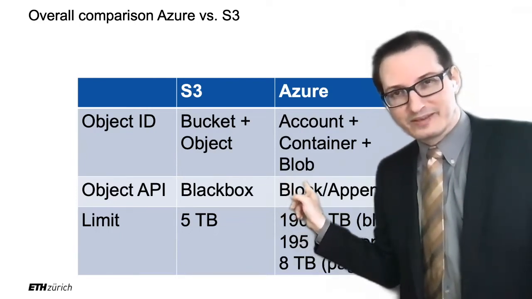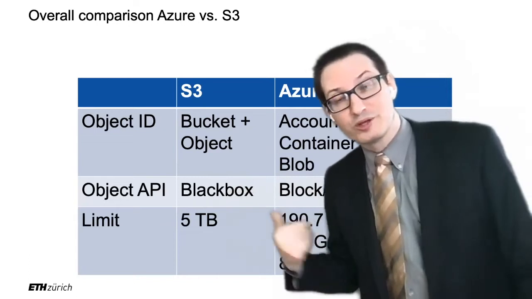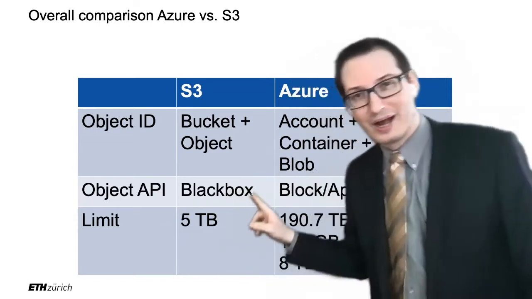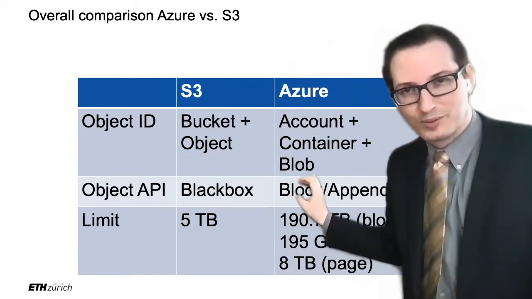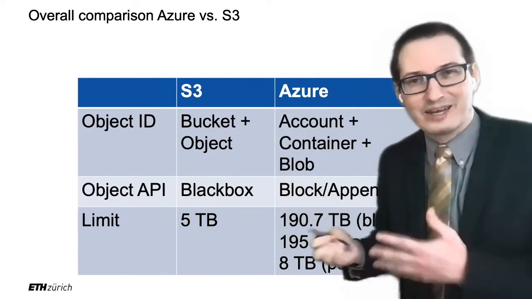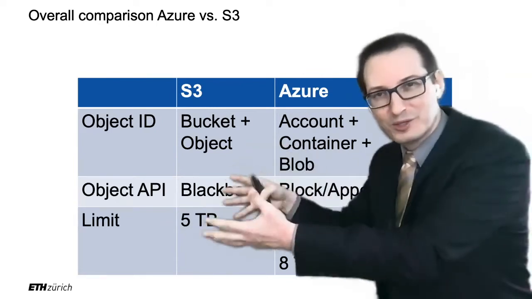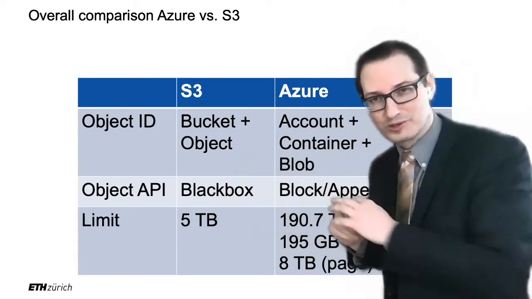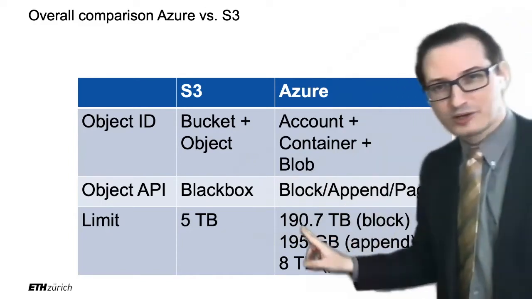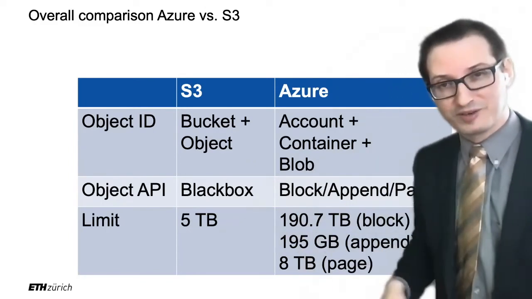So here you see that there are blocks. In S3, we do not actually expose the blocks, right? So I'll tell you more about blocks with HDFS, the lecture that is coming. So this is why I'm not telling you about Azure. So you could kind of say that Azure is kind of hybrid between S3 and HDFS that we are going to see, right? Because it exposes the blocks, right? And because it has blocks, it can grow bigger. We will see in HDFS how that works.